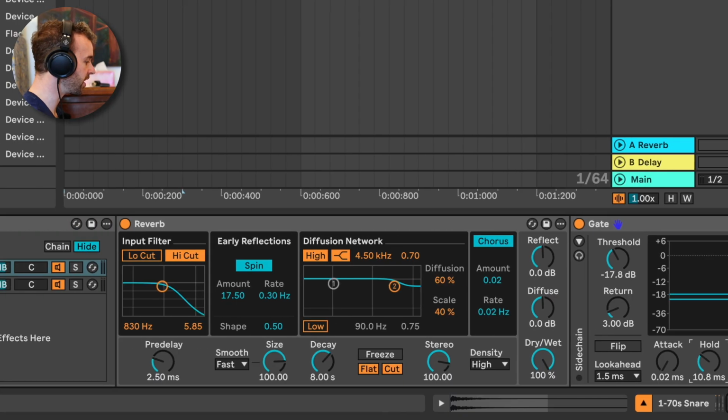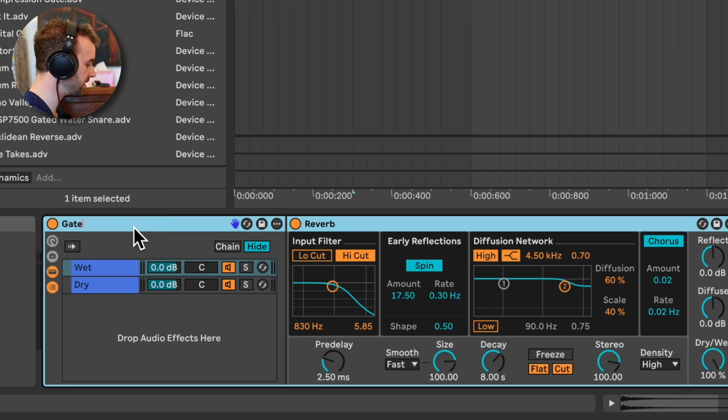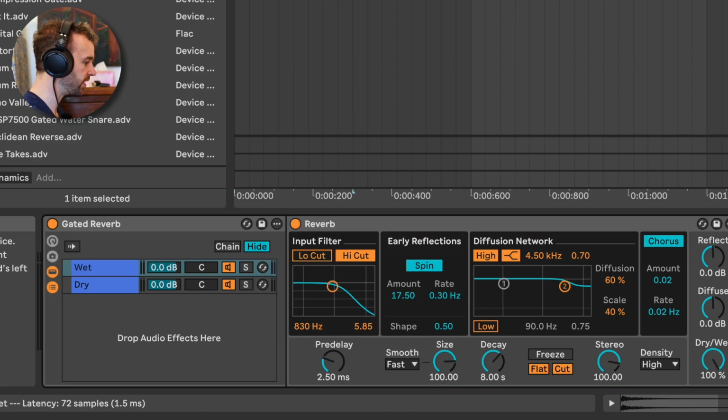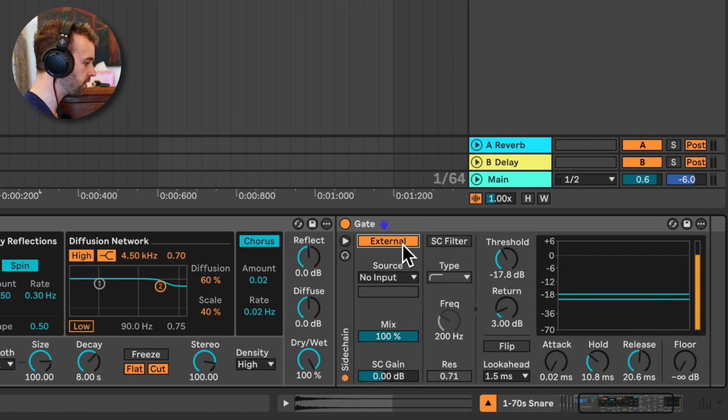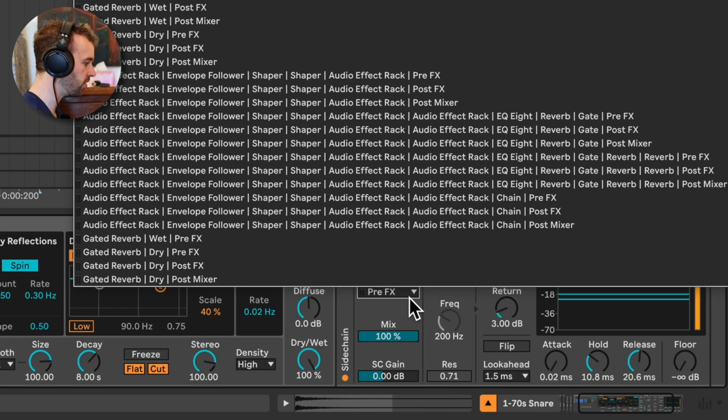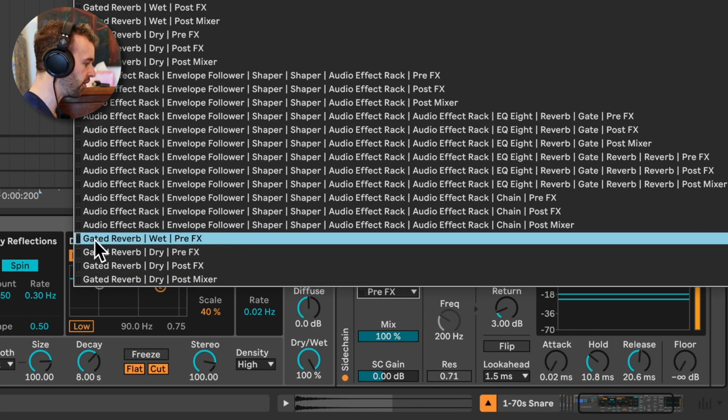And you also get some inconsistencies because of how the reverb is building up. So this is where we're going to use the sidechain functionality of the gate to have the gate be triggered by a different sound. And in this case, that sound is going to be the dry snare. So I'm going to rename this audio effect rack to gated reverb. And then I'm going to come to the gate in this chain, open up the sidechain options, turn on the external mode, and from the source, I'm going to select the track that this gate is on, come down to this second drop-down menu, and we're going to select gated reverb, which is this bottom rack down here, and select